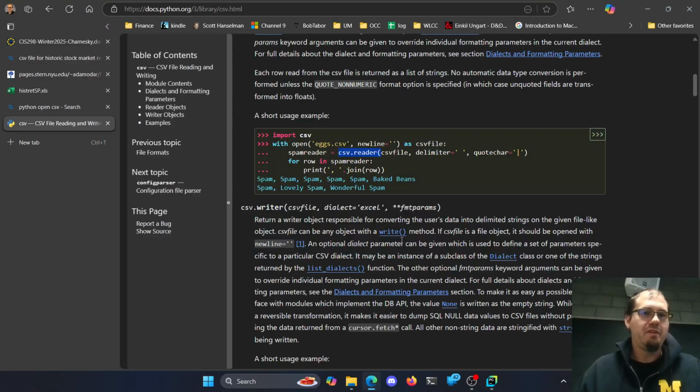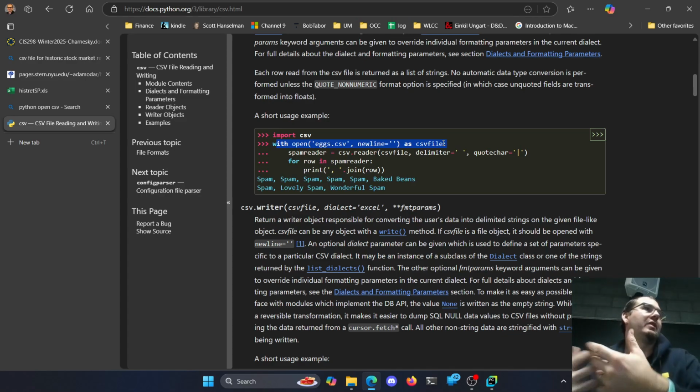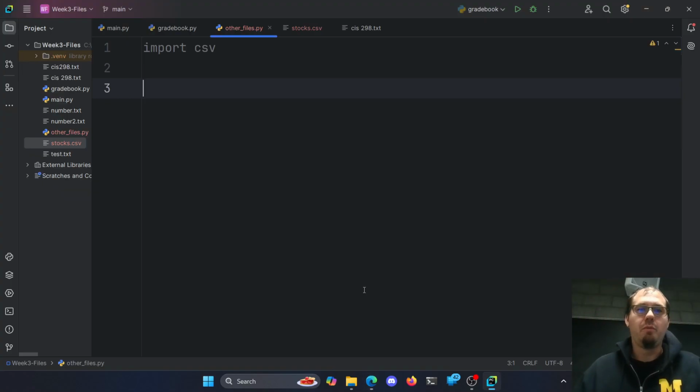So again, this uses that with syntax so we don't have to remember to close it. You can just open it, read and write, and then close. Or if you forget that a lot to close, you can use with, and as soon as that block of code is done, it automatically closes for you here. So we can just go open it. So we'll say with